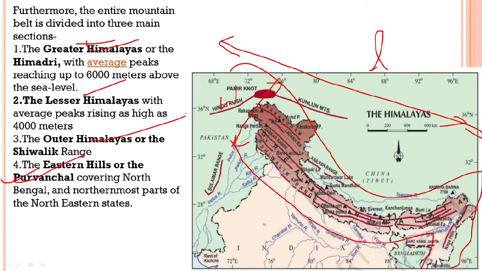This is how we have seen that the width varies between 400 and 150 kilometers, because you can easily see that the Himalayas stretch this much here around Kashmir and Jammu, then this much here, then you can see it begins to taper, then again it begins to broaden, again it begins to taper. So this is how the width of the Himalayas keeps on varying.